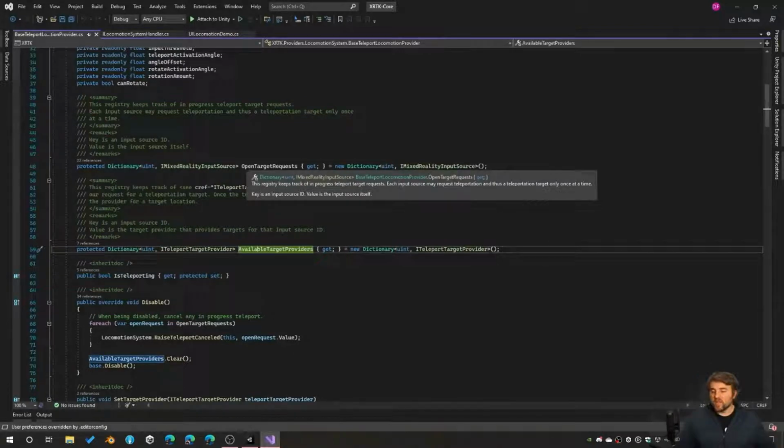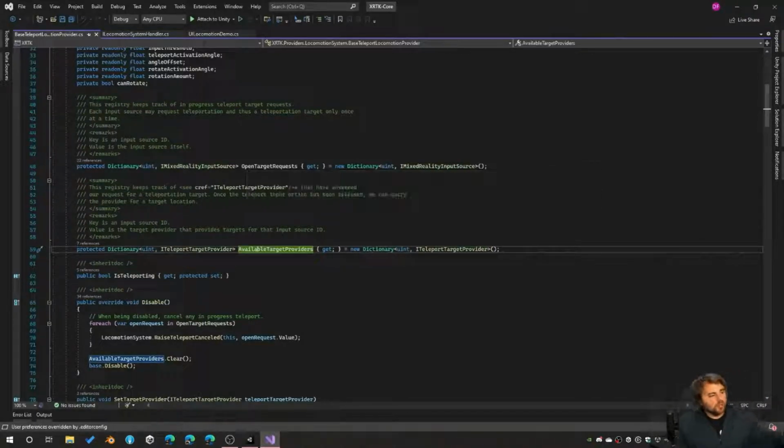And then any provider that's available and considers itself responsible for that request will raise its hand and say, look, I'm here and I'm able to provide you a teleport target. And the teleport provider will then wait for that target provider to send a message back with the target location. And once we have that,